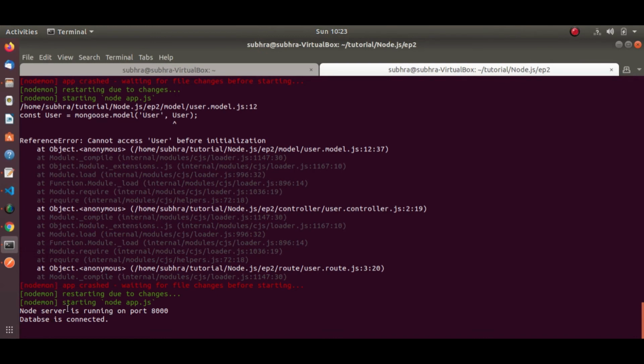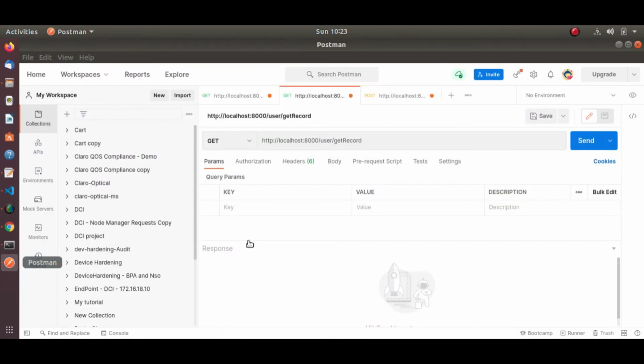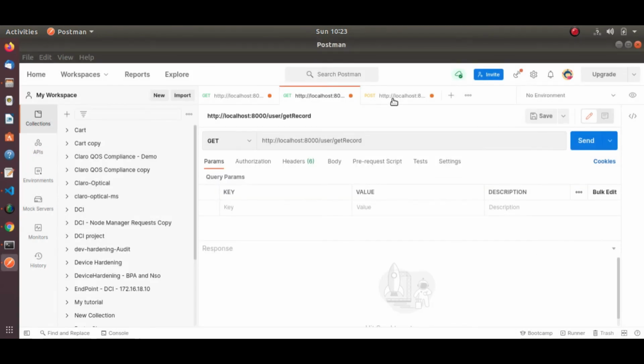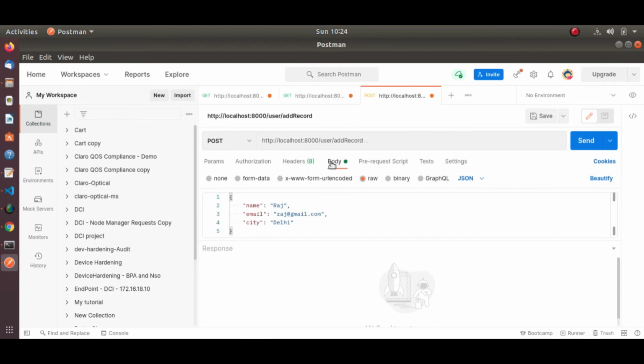So we'll open Postman and test whether it is adding the record inside the database or not. Let's say I want to add these three values into my database. Let's click on the send button.